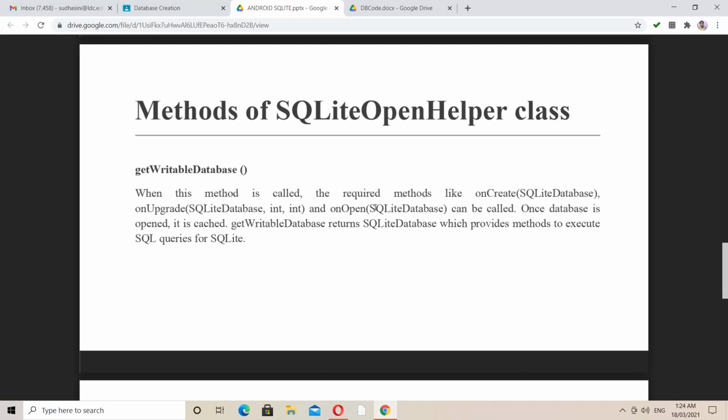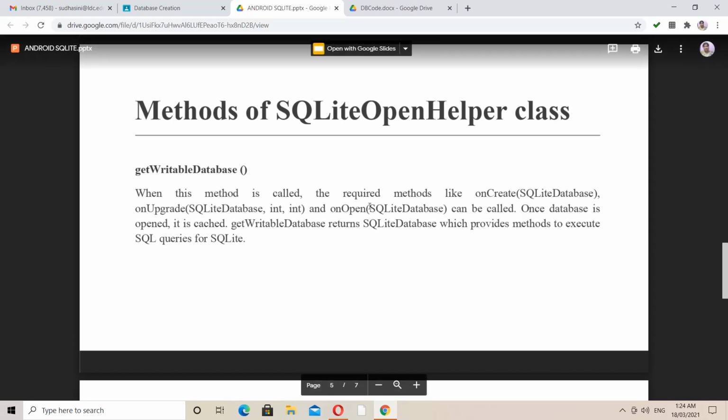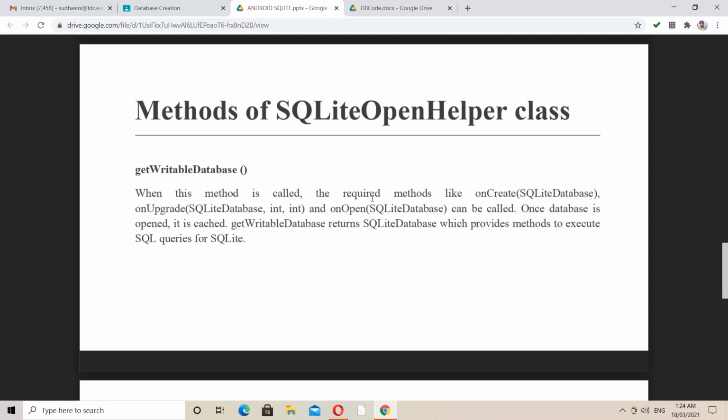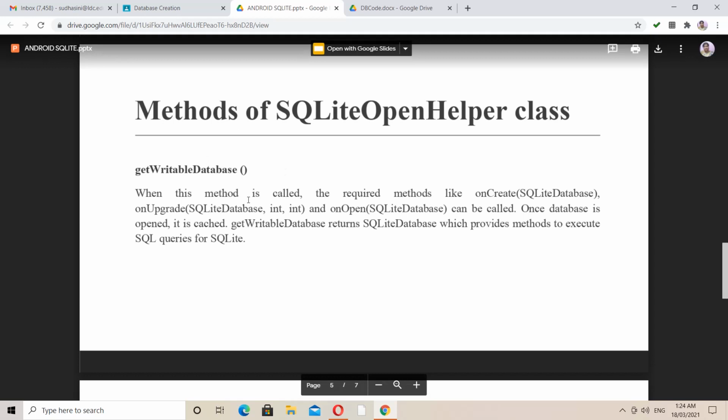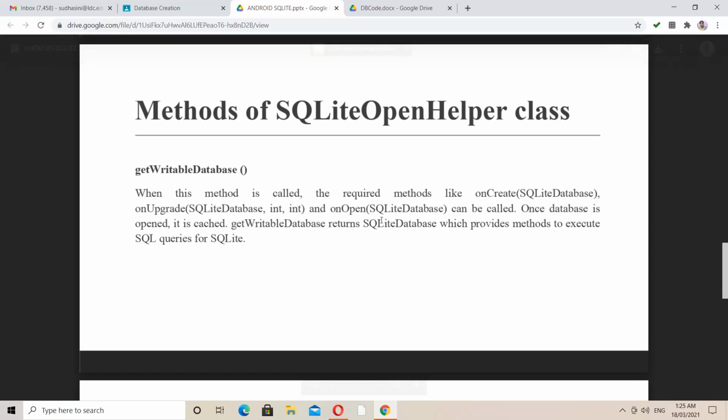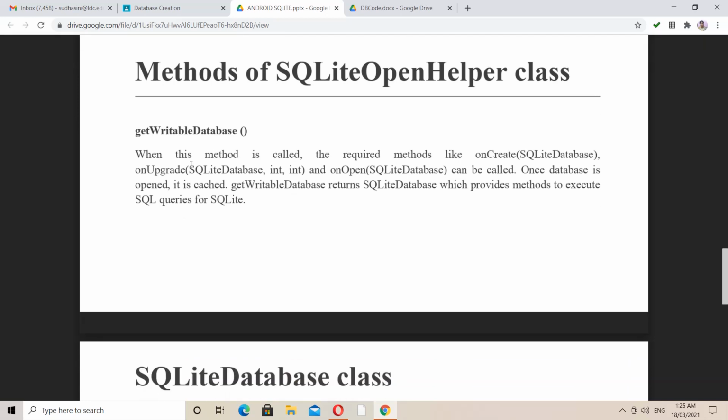Obviously, onCreate is the only one that runs once. Whenever we need an upgrade, we have to use onUpgrade, and onOpen is a very essential part here. Using onOpen, we have the opportunity to modify your environment, to modify your table. Modification in the sense that we can insert, delete, and update your information. So using getWritableDatabase, we can do all those things. By default, onCreate, onUpgrade and onOpen will be called whenever you access the getWritableDatabase method.